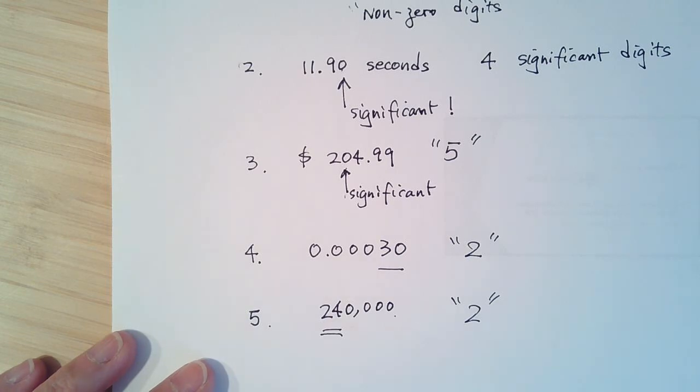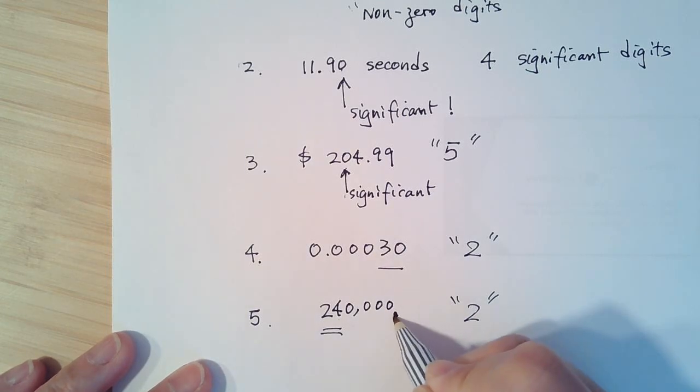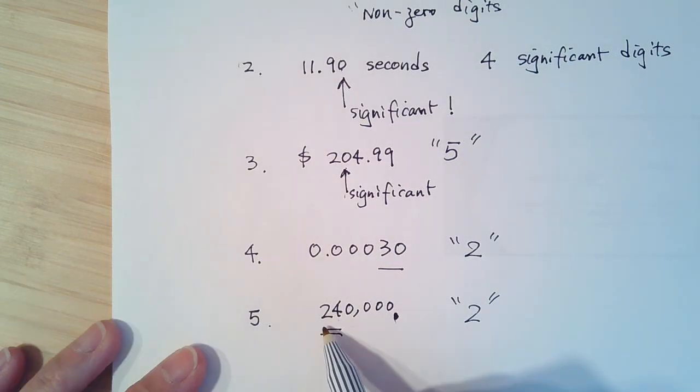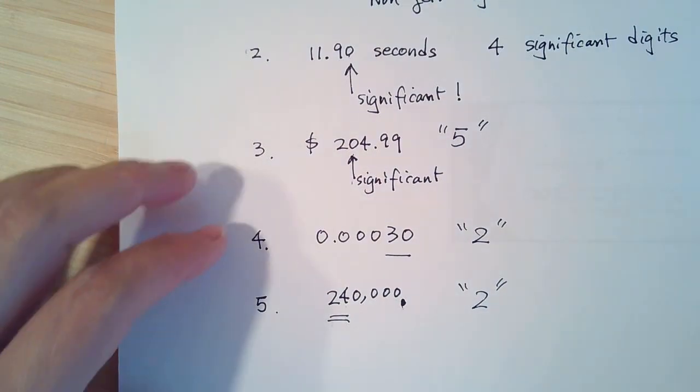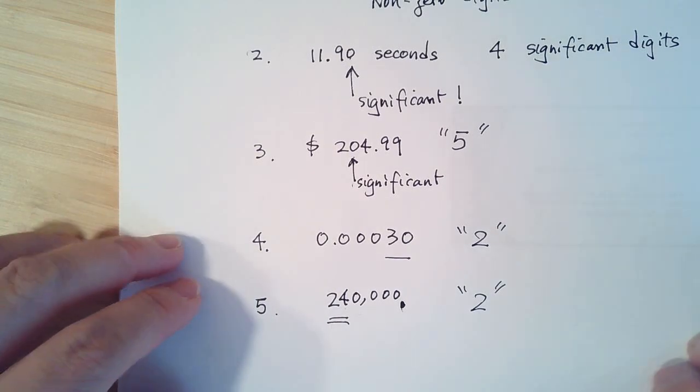So it says the zeros to the right of the last non-zero digit, all the zeros to the right of this 4 but before the decimal point, are not significant unless stated otherwise. So most of the time, if I didn't say anything, then you have only 2 significant digits. All right, so that pretty much covers a lot of the rules we